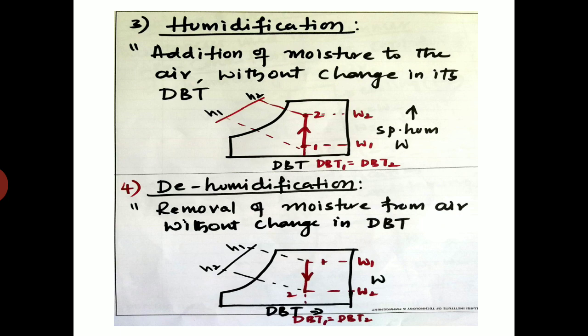So what is the dehumidification process? It is the removal of moisture from the air. The moisture has to be removed and the temperature has to be reduced. This type of system is used in summer air conditioning systems, where I have to remove the moisture. The room has to be kept cool, so moisture has to be removed. So the specific humidity gets reduced here, while the corresponding dry bulb temperature remains constant.